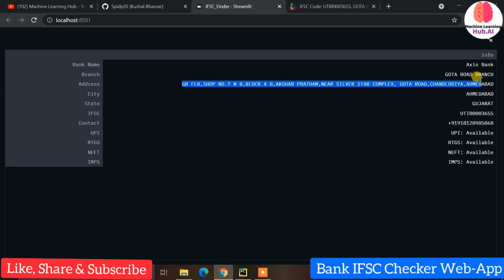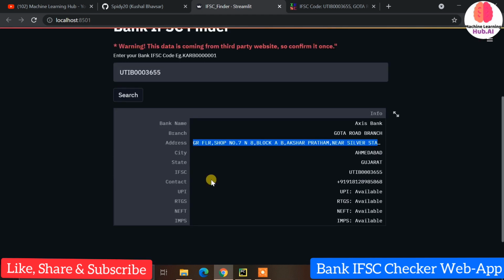It is located in Gota Road, Chandlodia. City is Ahmedabad, state Gujarat, then IFSC, contact number, then UPI, RTGS, NEFT and IMPS. It means these four facilities are available in this branch, right? So we can verify the IFSC using our application.